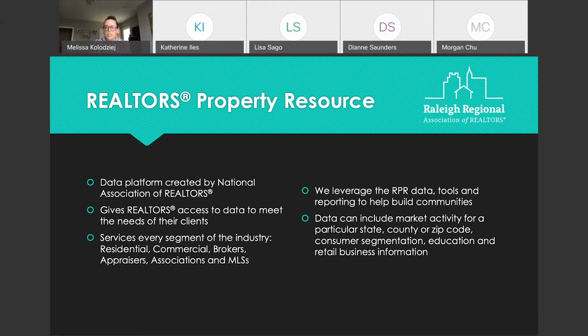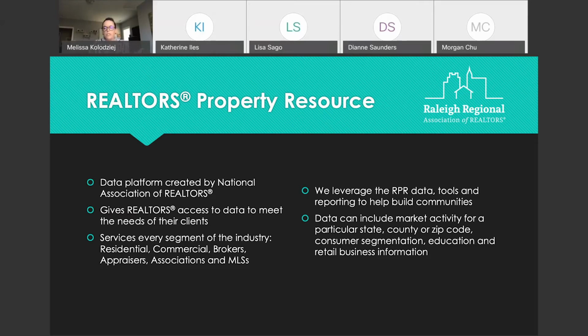So from the association side, we can pull what we call an economic area report, and I'll give a snapshot of that in a couple of minutes. We are able to learn what kind of consumer segments make up a particular area. We can use economic comparisons, which is an income-driven comparison, and education comparison. We pull school data from an online organization, everything down to traffic commute times from a particular area. And on the economic development side, we can look at what retail businesses might work for a particular area based on those consumer reports.